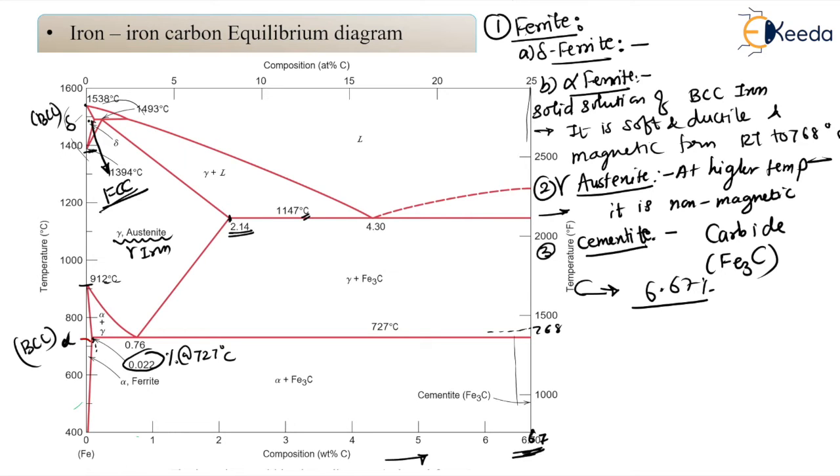So dear students, there will be temperatures like the A0 line, the A1 line, the A2 line, the A3 line, then the ACM line. So these various lines, what is the temperature at that particular line, and why these lines are called so, that A0, A1 we are going to see. So now what will we see? Now we have seen the phases of this iron carbon equilibrium diagram. Now we will see what the critical temperatures are.